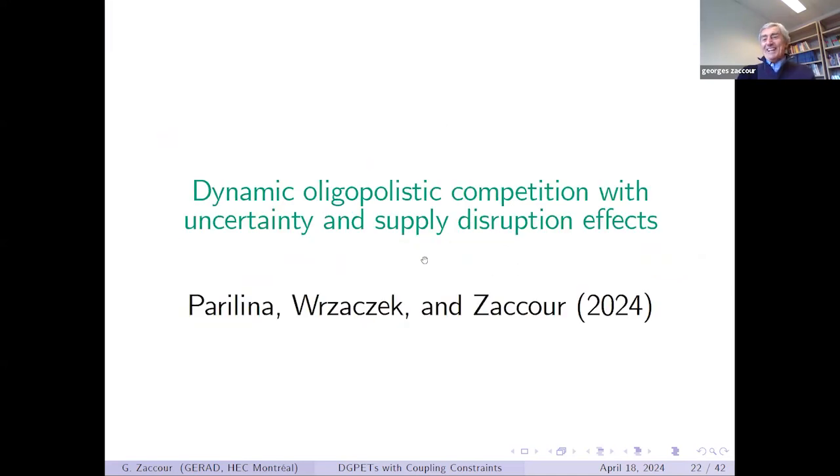So, let me now illustrate the theory with an example, but before moving to the example, any questions or comments? So two possibilities here, either everything is clear or nothing is clear. Let me assume that everything is clear and move forward.